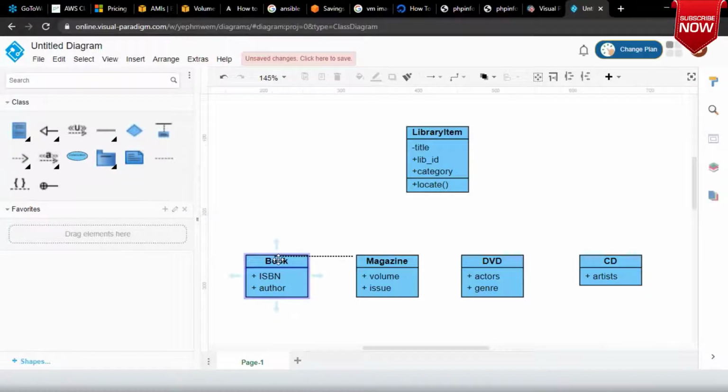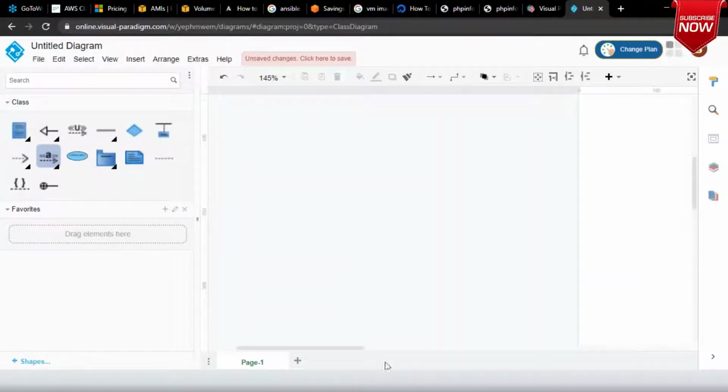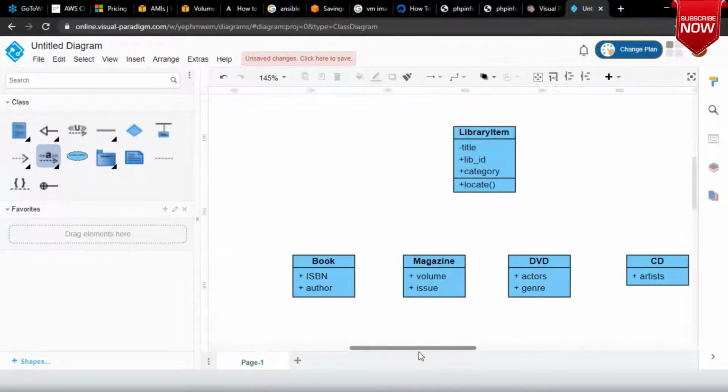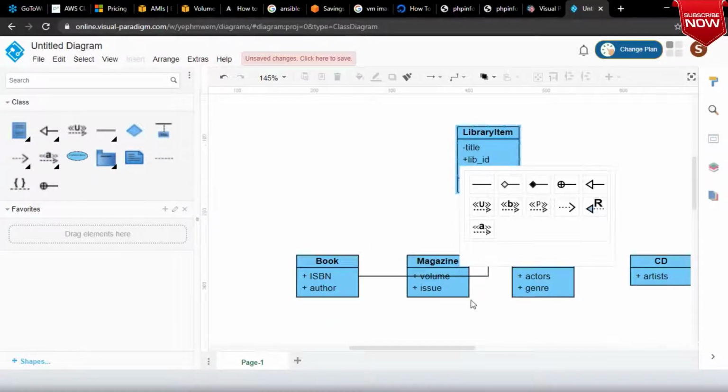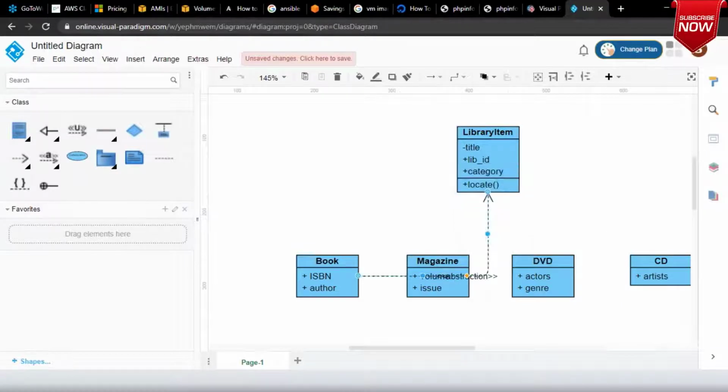Now for book, we will have a kind of relationship. Which is this. Are you seeing generalization? And are you seeing abstraction? Let me use abstraction.